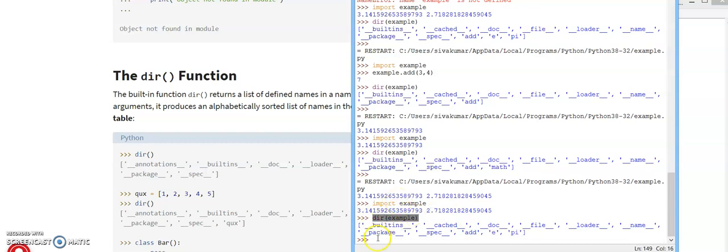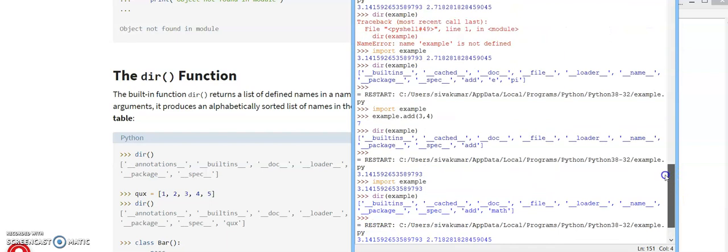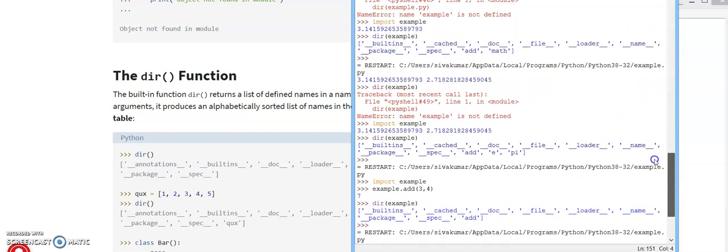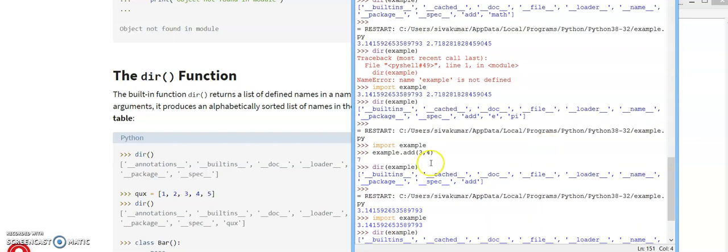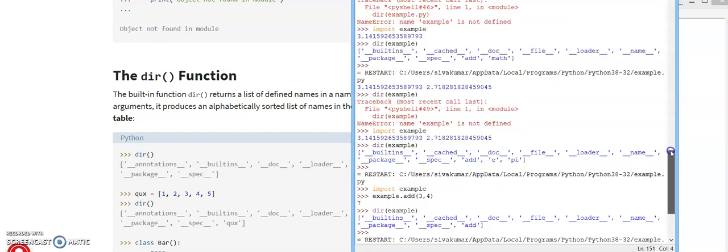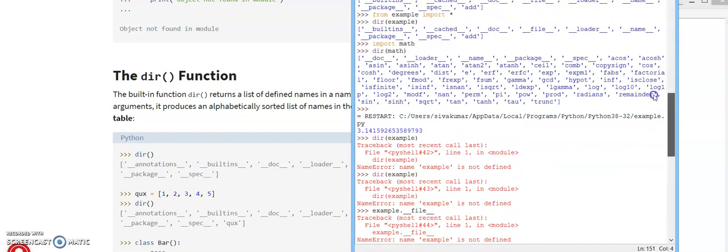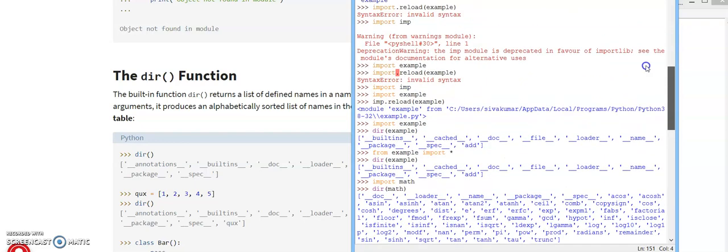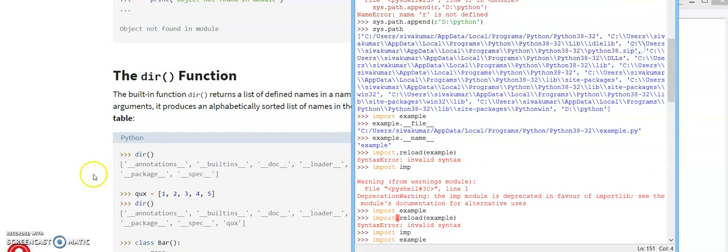And suppose I am making any changes, then you can reload. I already explained how to reload the functions.